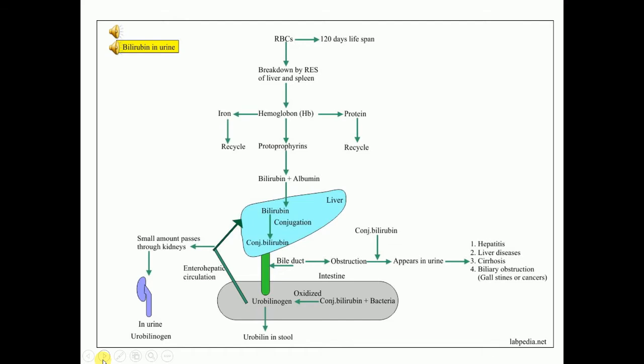Now we will be discussing the formation and excretion of bilirubin. As I have already told you, bilirubin is an excretory product of heme degradation. Degradation, as we have already discussed, means किसी चीज का टूट जाना. So heme कहाँ से आता है? Heme आता है हीमोग्लोबिन से. हीमोग्लोबिन किस में प्रेजेंट होता है? RBCs में प्रेजेंट होता है.